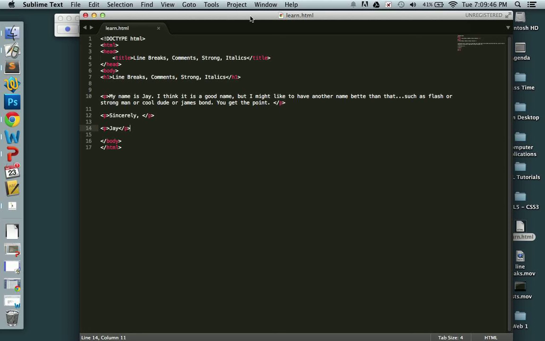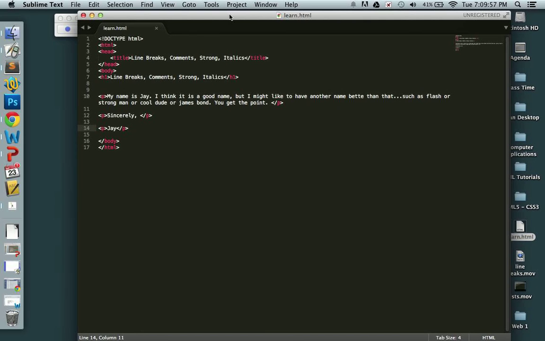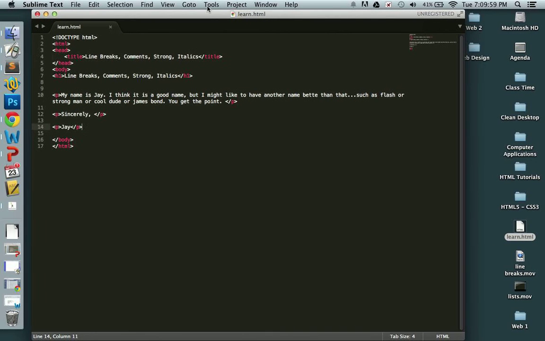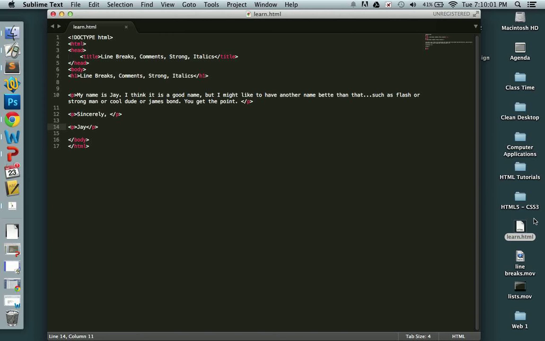We're going to learn about line breaks, comments. We're going to learn how to embolden text as well as italicize it. And you notice I have a document already open here with Sublime Text. It's on my desktop, learn.html. In the title it says line breaks, comment, strong. I meant to say bold, but you'll find out there is a reason I did that. And I'll change this to bold,